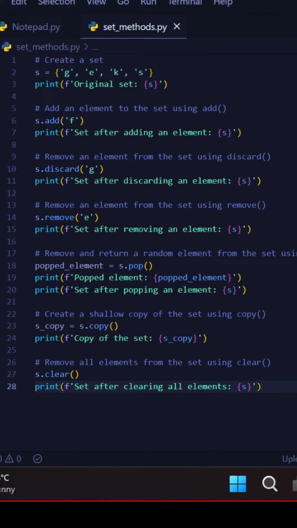There are many other set methods available in Python such as clear, which removes all elements from the set, pop, which returns and removes a random element from the set, and copy, which returns a shallow copy of